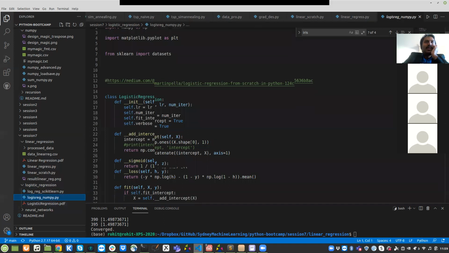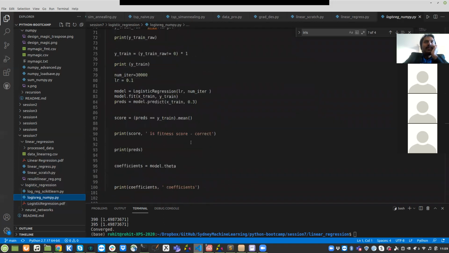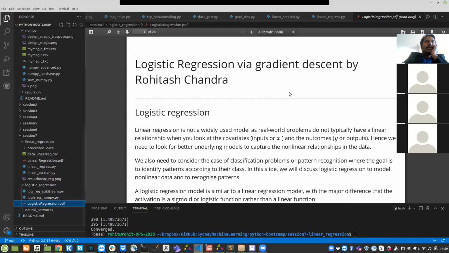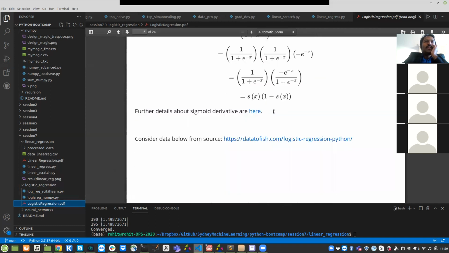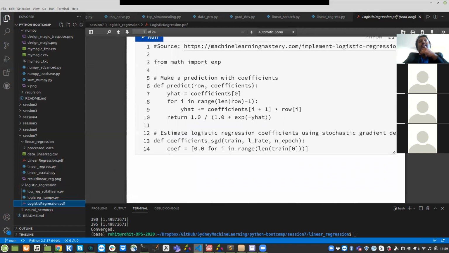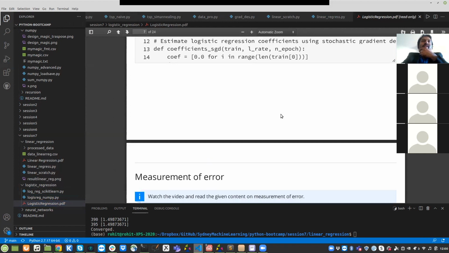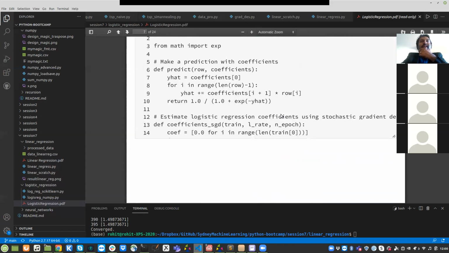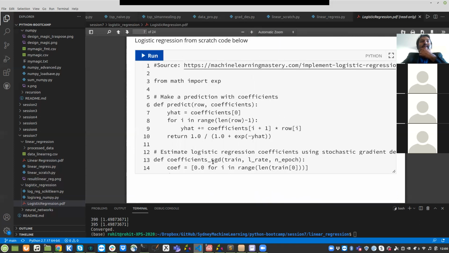Let's just implement it. Sorry, go back there. Basically this dataset is being loaded there, and then you do this, which is the code for making the prediction, and there's code for getting the coefficients, and basically this I am implementing